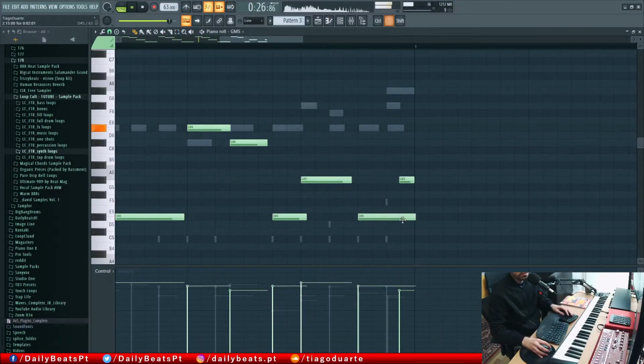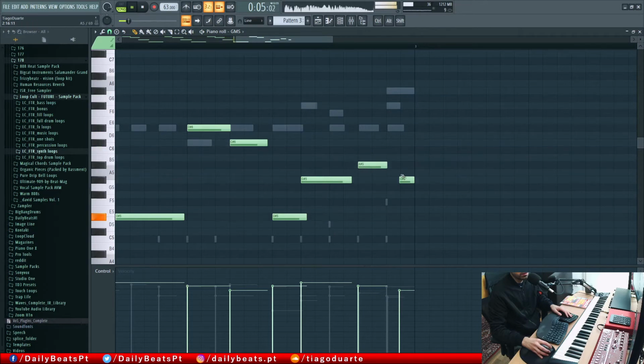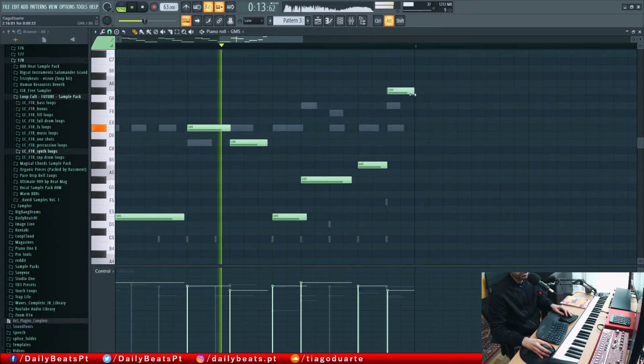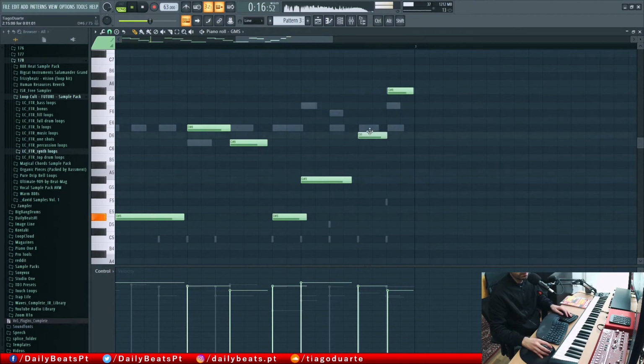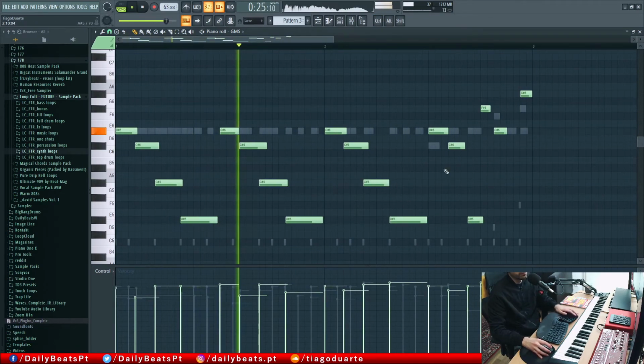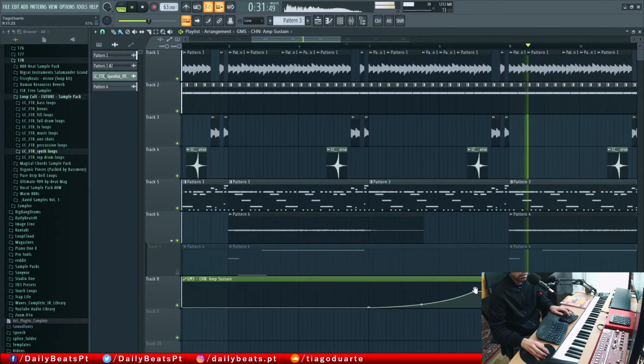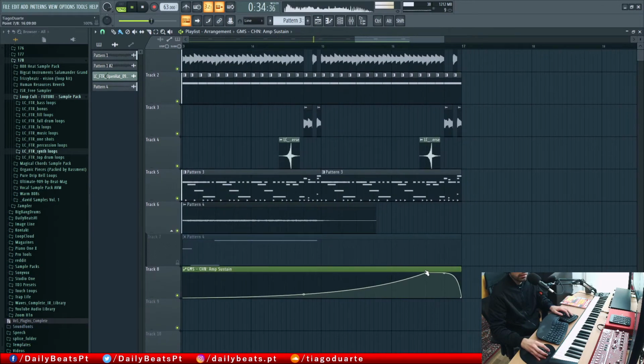Okay, I think this one was a little bit off. Let's go maybe E sharp. Let's see if this sounds nice. Actually G. Let's see if this one sounds nice. Okay, I like that. This one maybe a little bit too much, but let's keep it like that, and we